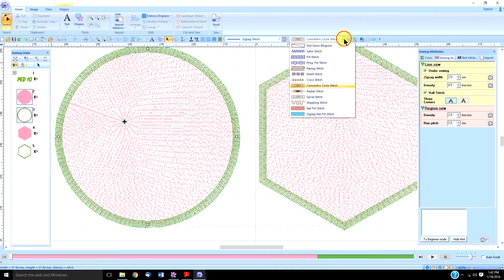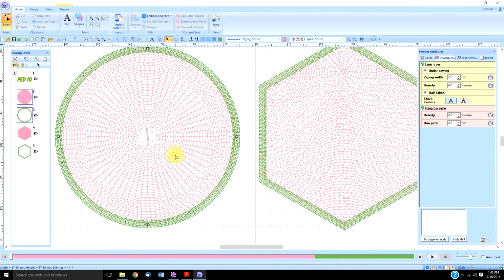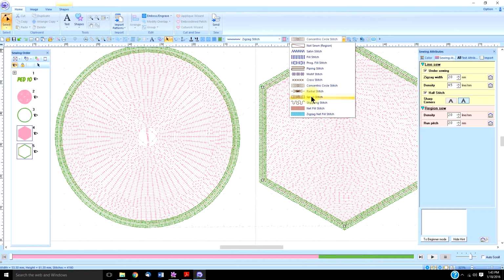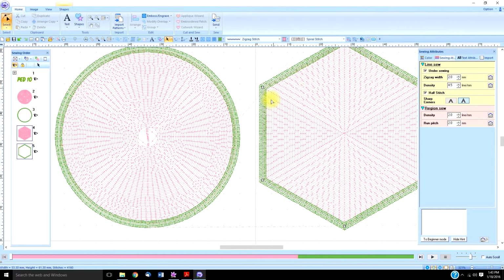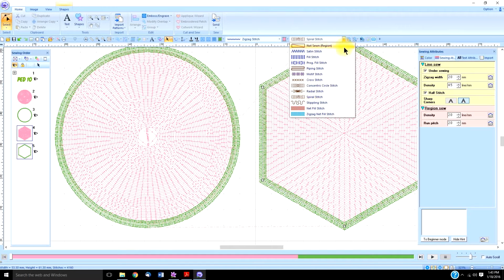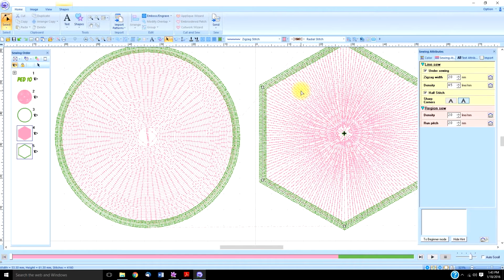So how does that differ from the spiral stitch? Well, the spiral stitch, you would think sometimes when you see it sewn out it looks the same, but the difference with this is you cannot change the circle. It always stays in the middle, and whatever object that it fills, even though it says it's a spiral, you see how it conforms to the shape of the object. The radial stitch also has an edit point that you can move around,